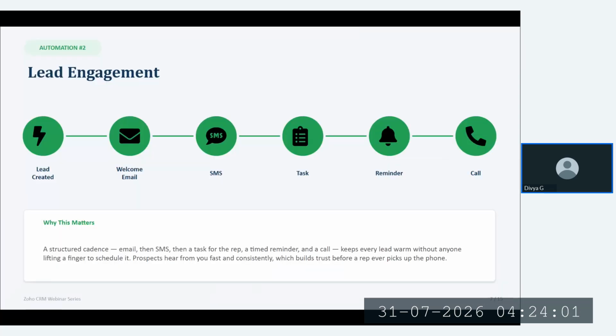As I said, this is the overall. Once the lead is converted, in order to keep them engaged, we can send again an email, SMS, task, reminder. We can keep engaging with them, give support if there is any issue with them, everything.